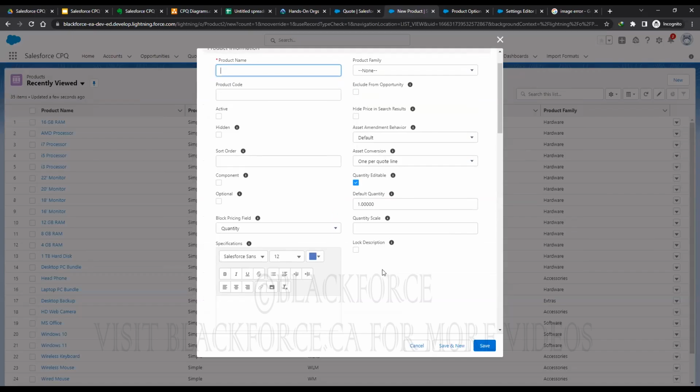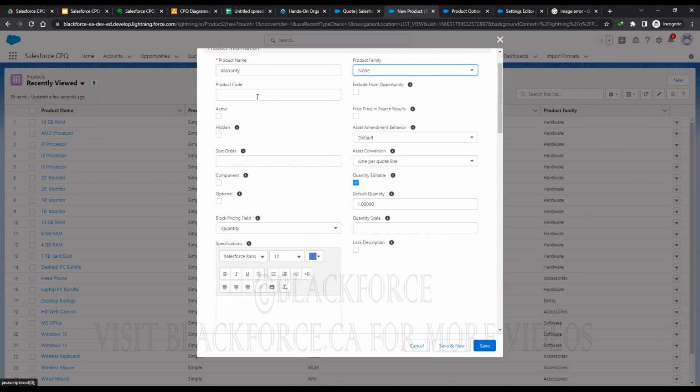Advanced approval in CPQ. You're going to see some Apex and stuff like that, but don't panic. It's okay, I'll show you where you get it. I'll share some documentation with you where you can find all of this, right? So don't worry. So quickly, if I do product name,